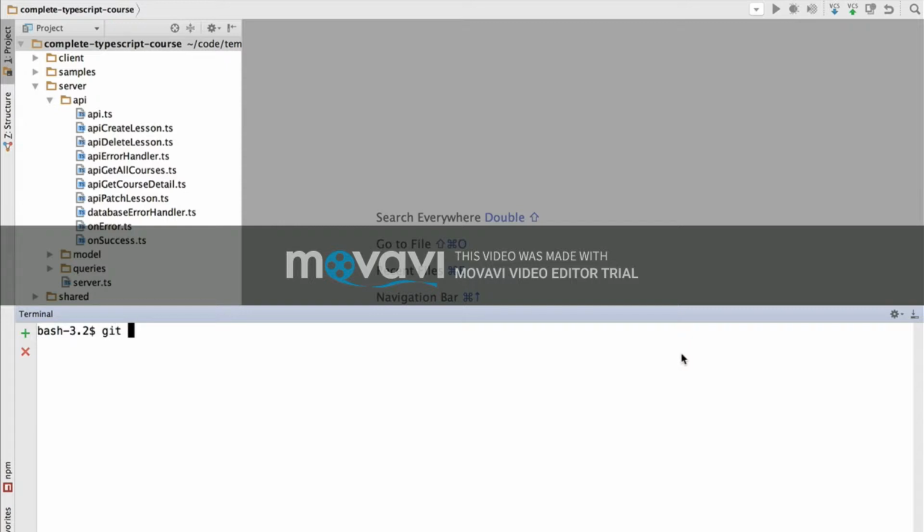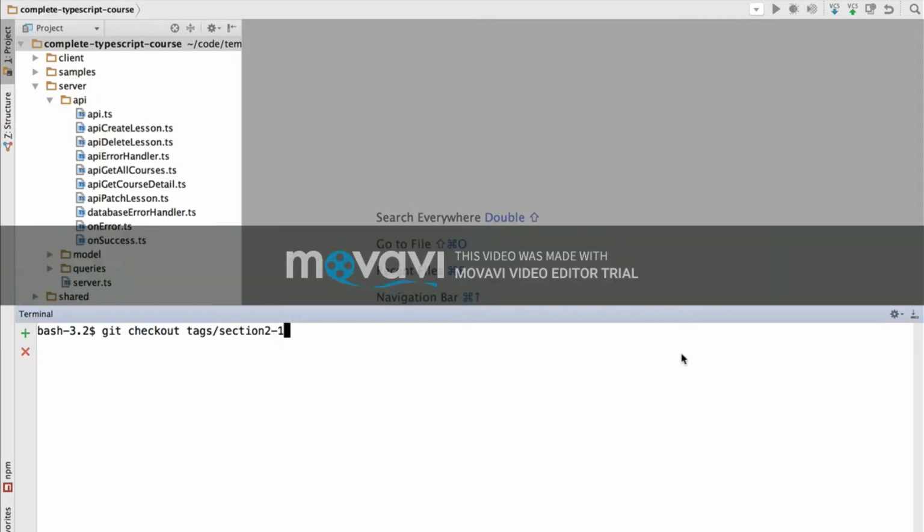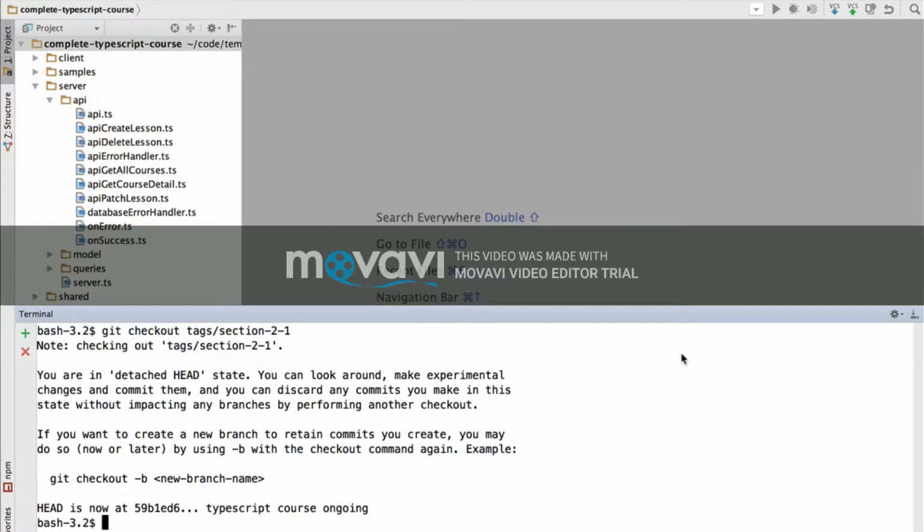We are going to jump to section 2.1. To do so, we are going to type git checkout and add here tags, a /, and then simply the name of the git tag to which we want to jump to. So if we hit enter, we are going to get a message that for the purposes of this course